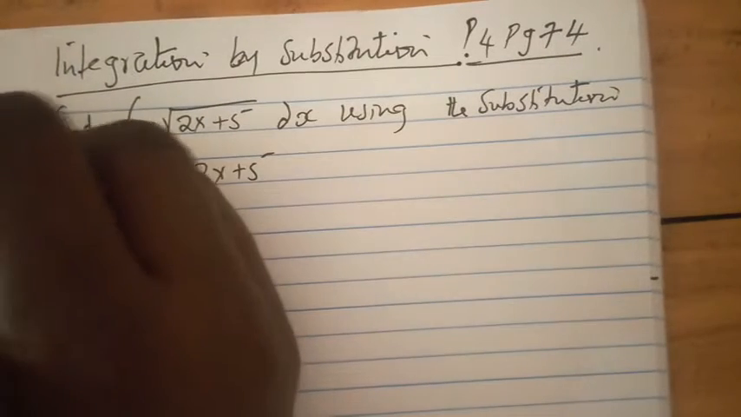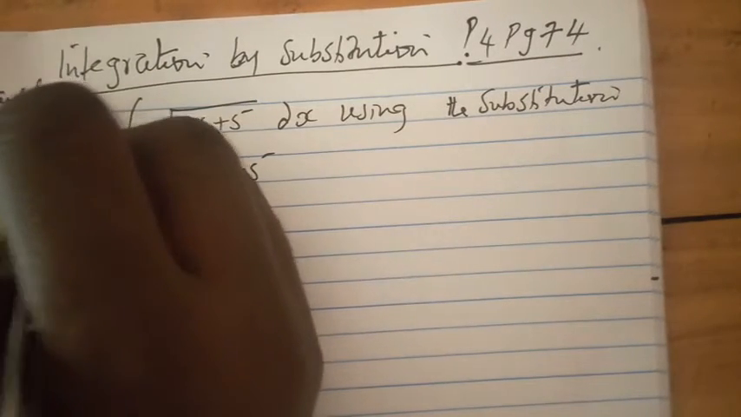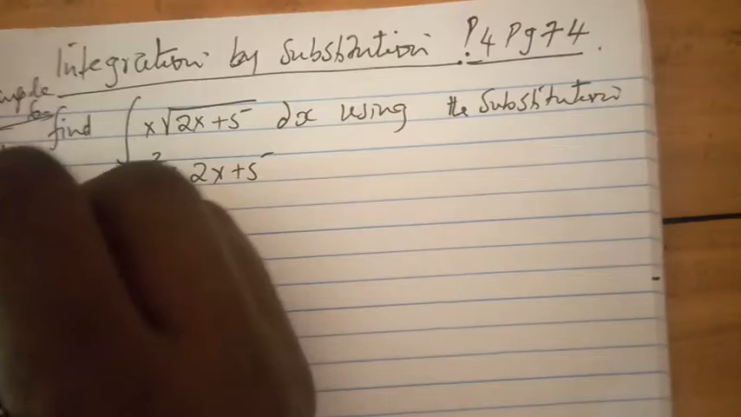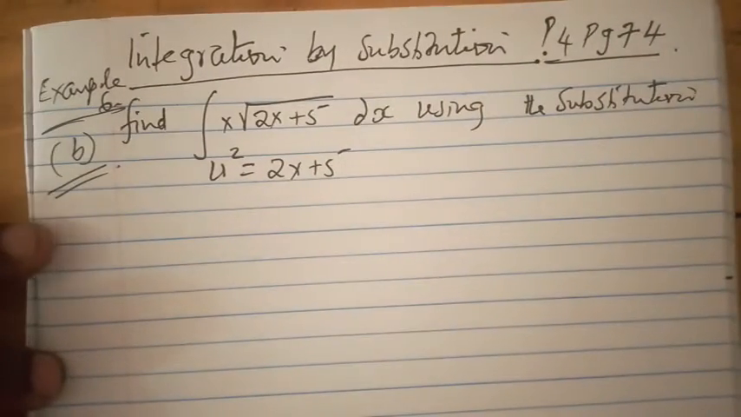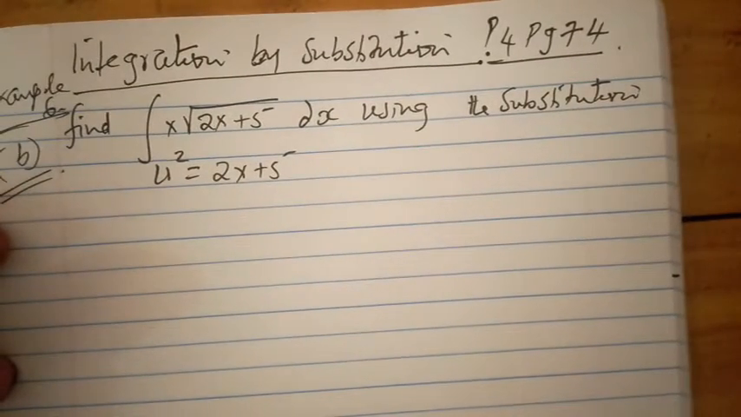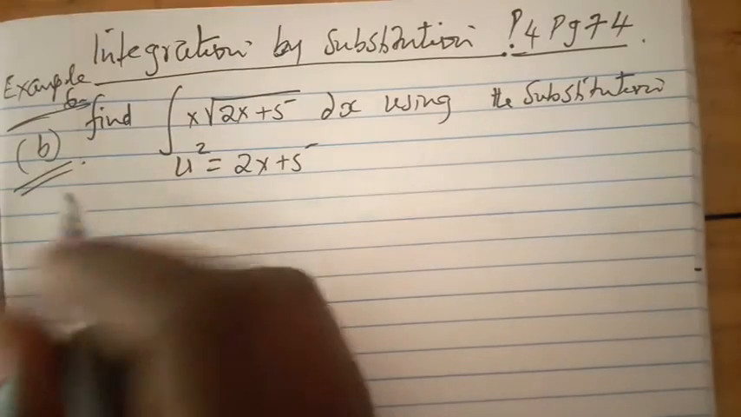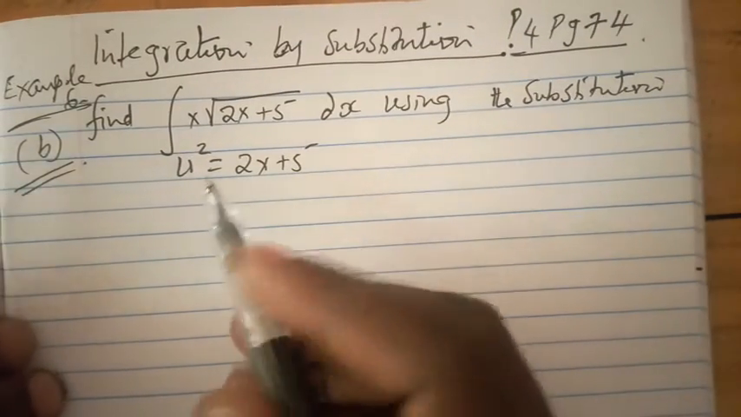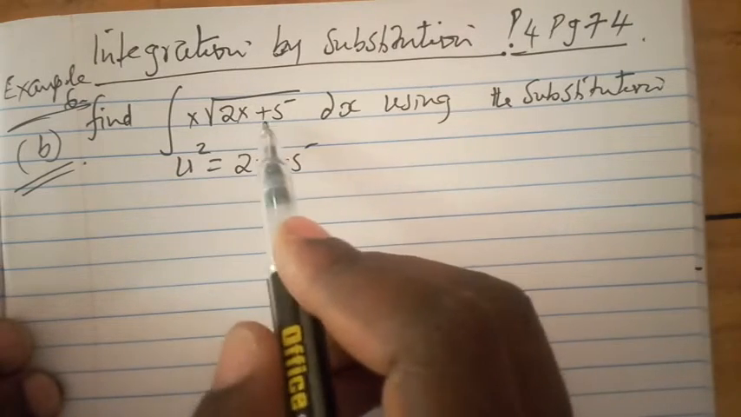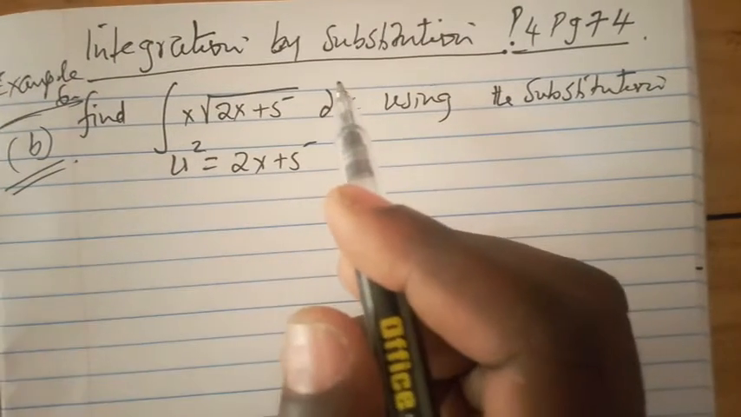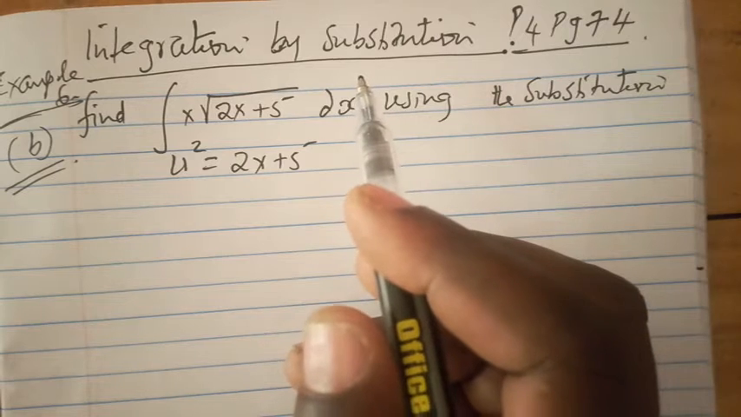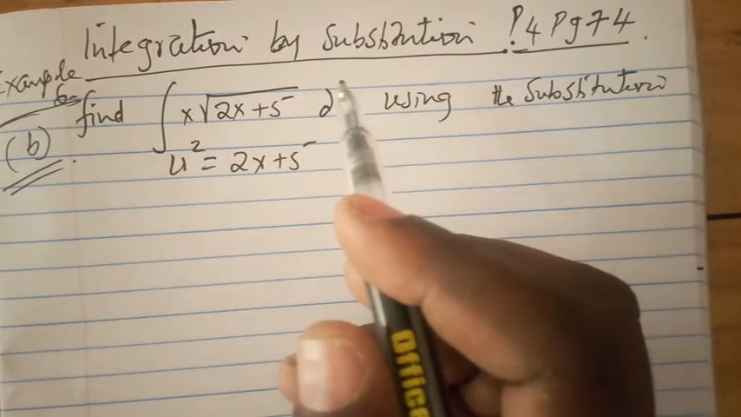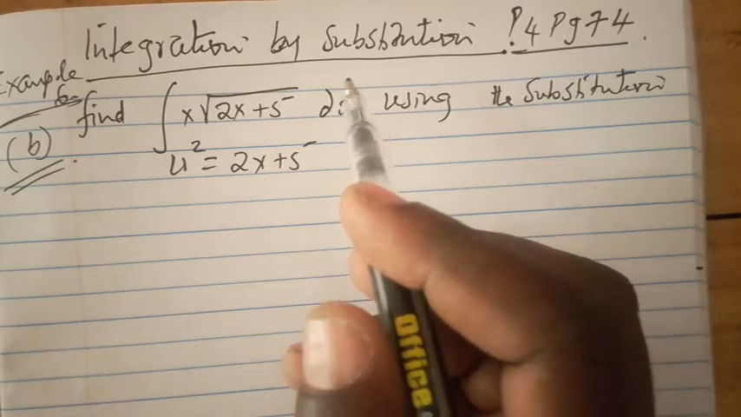In this video we're going to look at example 6b. We're going to look at integration by substitution, Pure Mathematics 4, page 74, and I'm going to explain example 6 part B. We're told to find the integral of x root 2x plus 5. We have just finished with example 6 part A, so it's a continuation